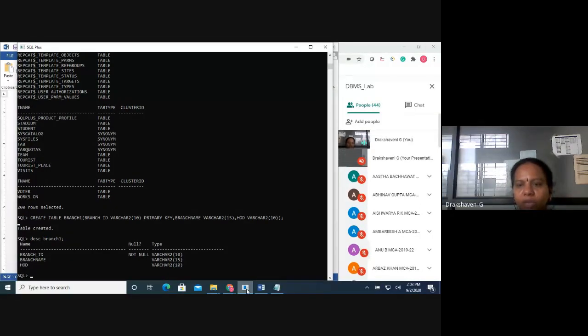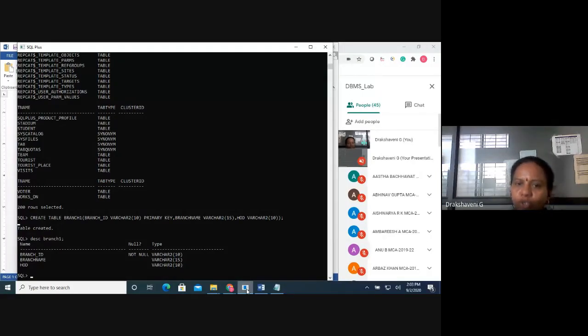How many columns do we have? 3 columns here: branch ID, branch name, and HOD. What is null? Null says whether I can leave it blank or I should enter a value. In this null part, only branch ID says not null. Means only the branch ID column cannot have a null.